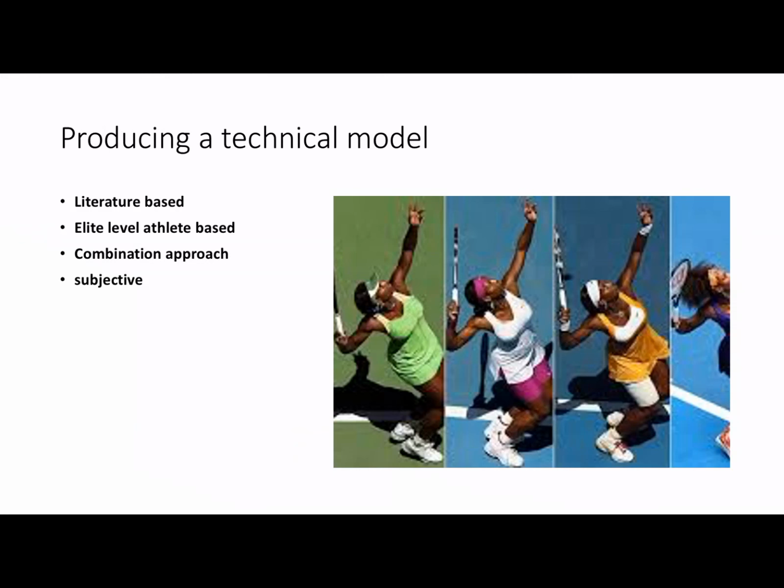Producing a technical model. When we produce a technical model, we need to make sure that it has all the essential information so the skill is shown correctly. There are multiple ways we are able to do this. We can look at literature, such as books. There are also journals that we can use online which are written by specialists as well as reviewed by subject experts. And here we are able to look at other people's technical models to be able to make the most